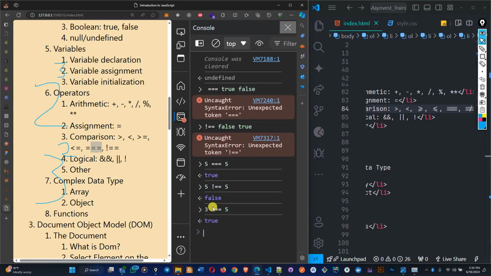Yes, it actually is obvious. Because here now, 3 and 5 are not the same thing. And since they are not the same thing, this one will return true. But if they are the same thing, it will return false. When you are dealing with this not equal,